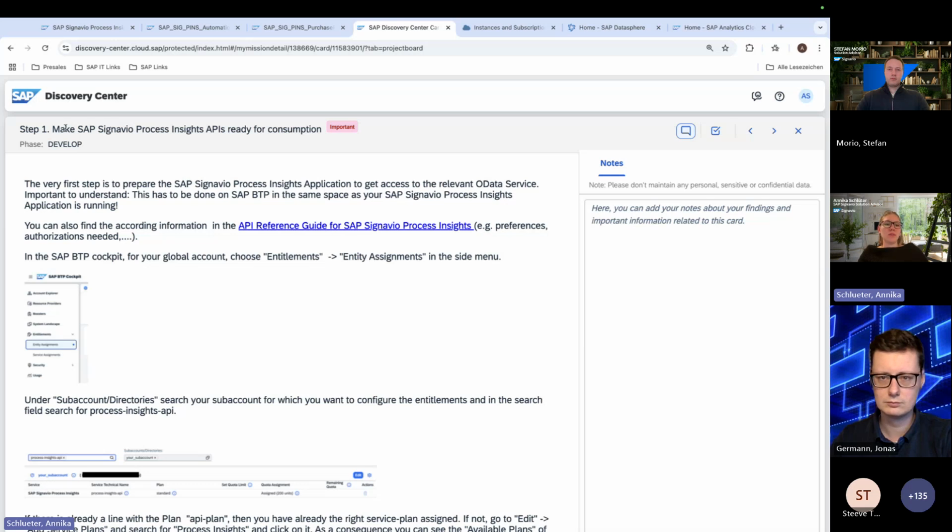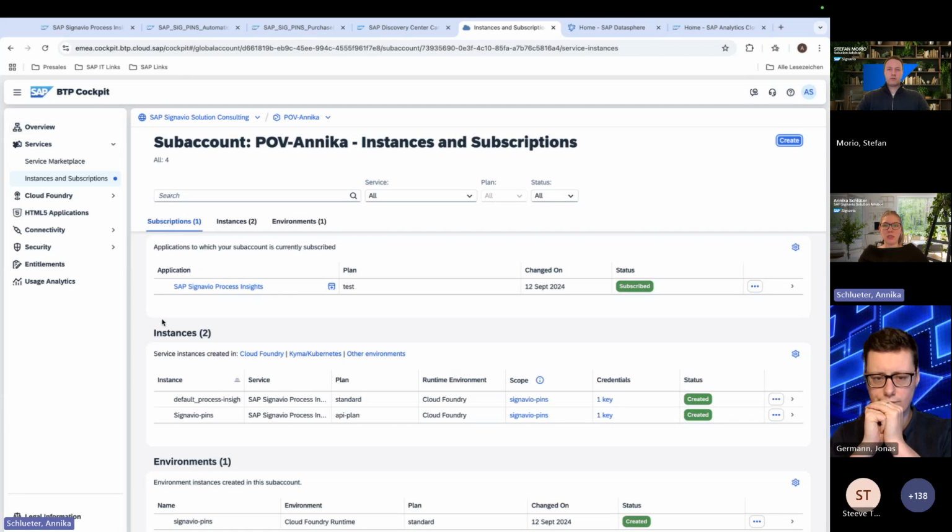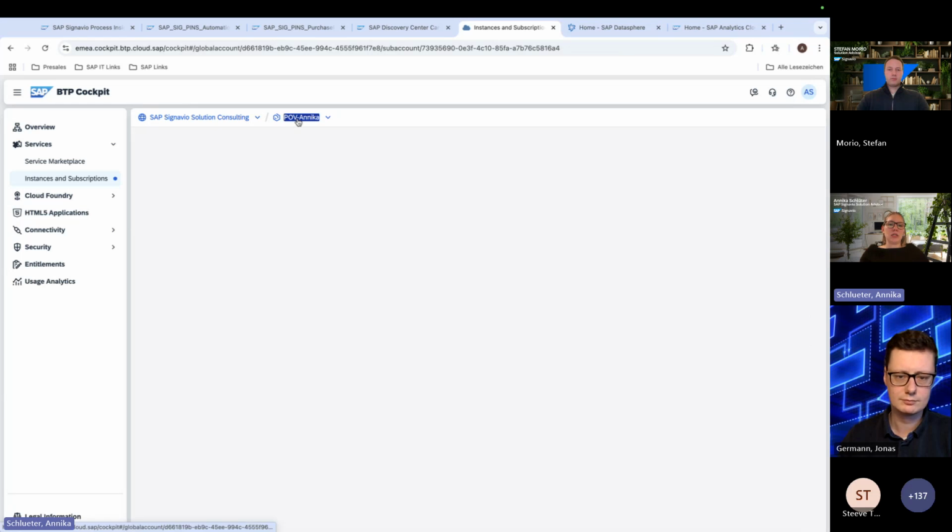So starting off, the first step is to make Process Insights ready to get the API or the connection established so that the data can ultimately be pushed out into the Datasphere. And this we do in the BTP cockpit. So I'm assuming that this should be familiar to most of you. So basically what the prerequisite is to start is to set up Process Insights on the BTP. We do have a booster available, so you can just run that, and in the end you're left with the